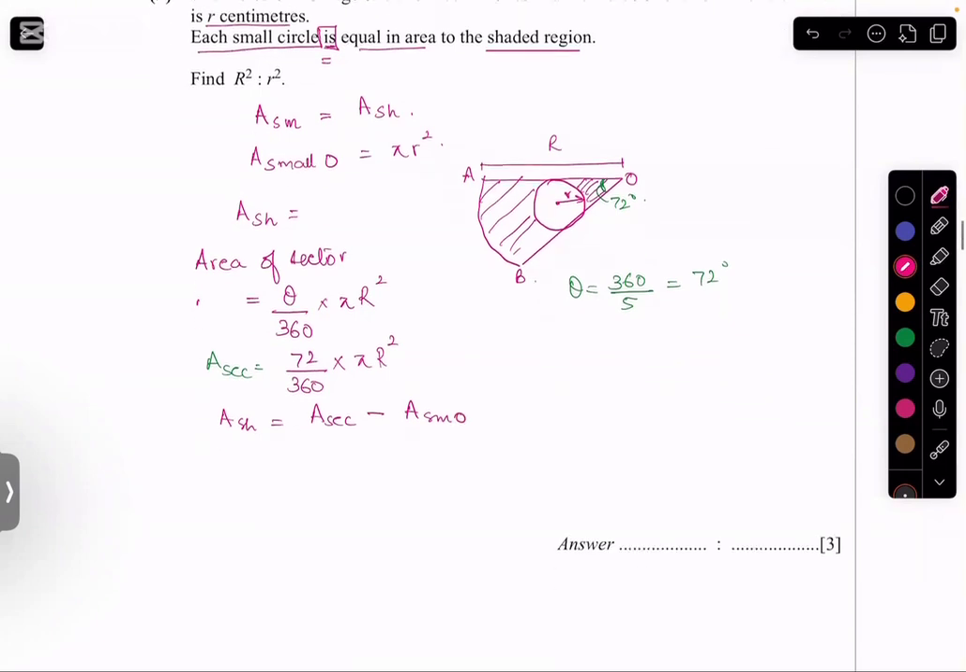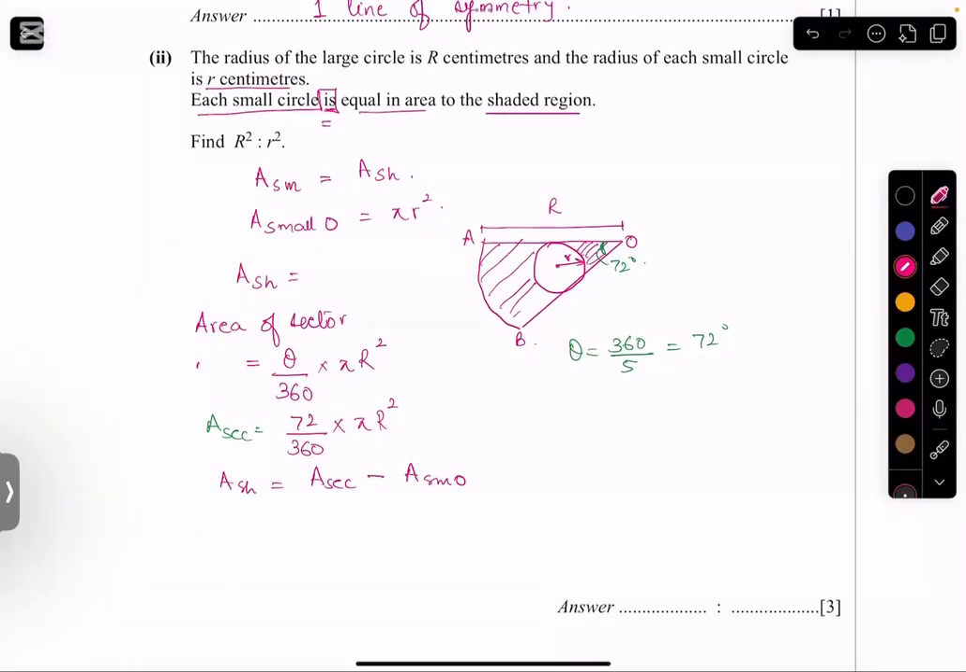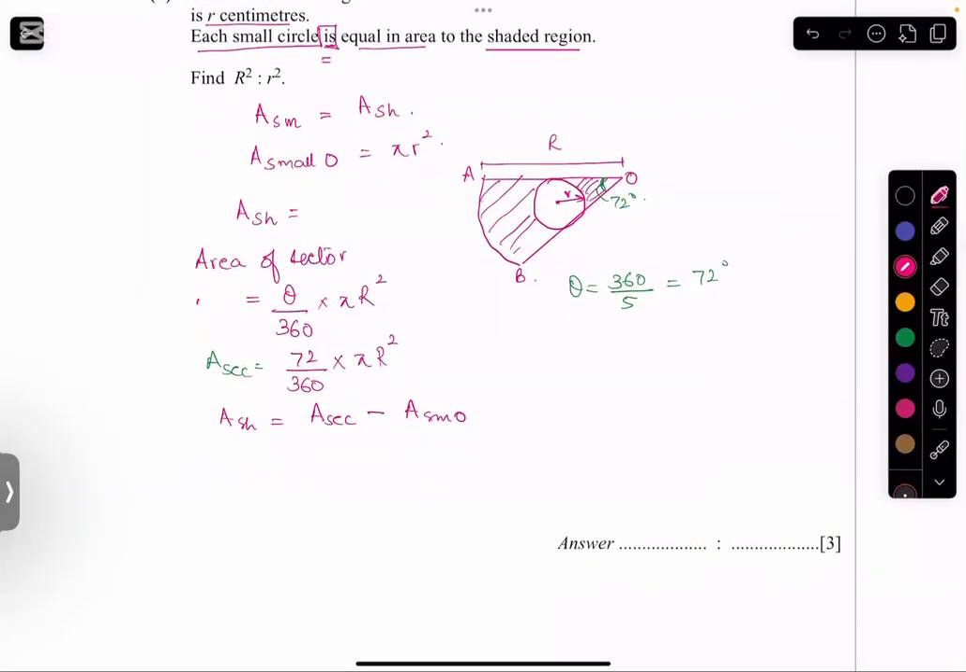right? I'm making a circle for this respect. So each small circle, always remember, is equal in area to the shaded region. So the condition that I have here is that each small circle's area is equal to the area of the shaded region. So each small circle is pi r squared, and area shaded, we just said, is the area of the sector, which is 72 over 360 into pi capital R squared, minus the area of the small circle, which is pi